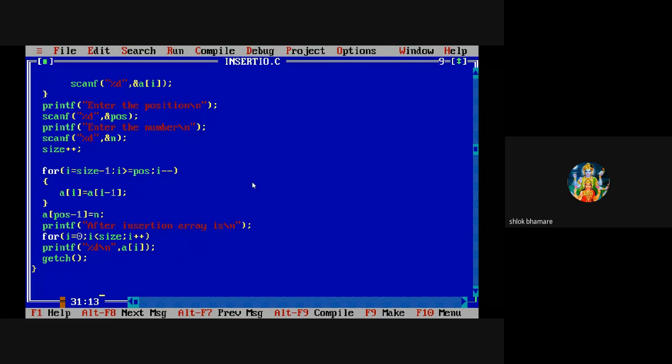Okay, have you all noted this program? Next, we will see how to delete an element from array. Should we start with new program?